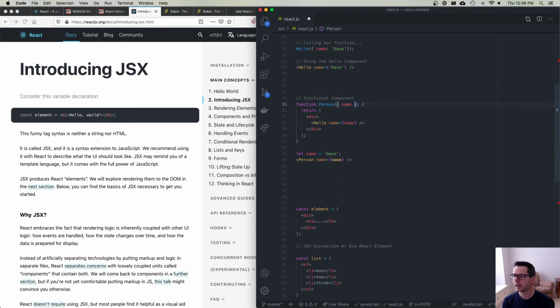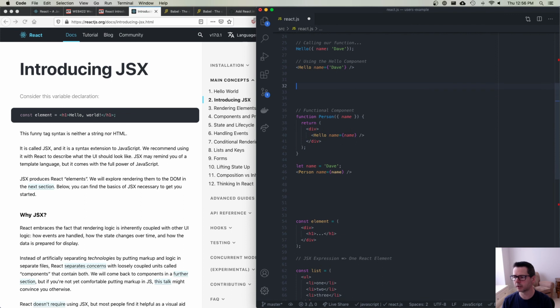Okay? And I want to show you the other ways that this gets written. It used to be that all components in React were written as classes. I've talked a little bit about this in a previous video, but let me show you what it would look like. So the way that you would write this in the older way, as a class